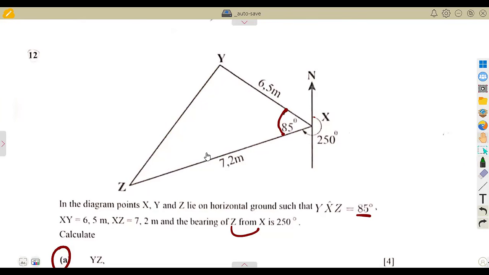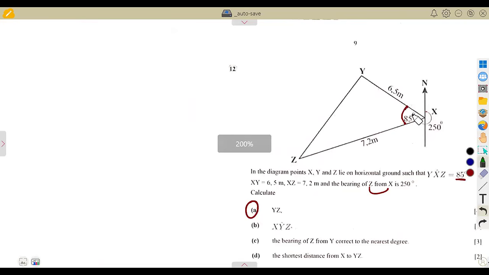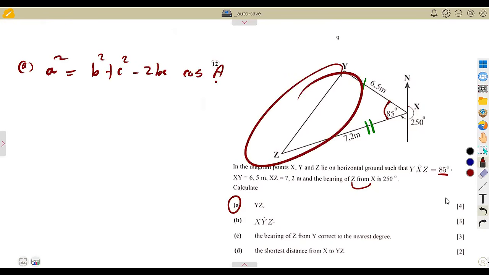How do you find the length of a non-right angle triangle given two sides, like what we have, and an included angle? An angle in between the sides is called an included angle. How do you find this? Remember your cosine rule. A squared is equal to B squared plus C squared minus 2BC cosine A, where A is the included angle. So that's YZ squared